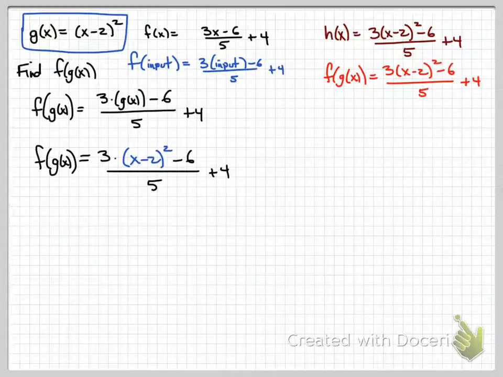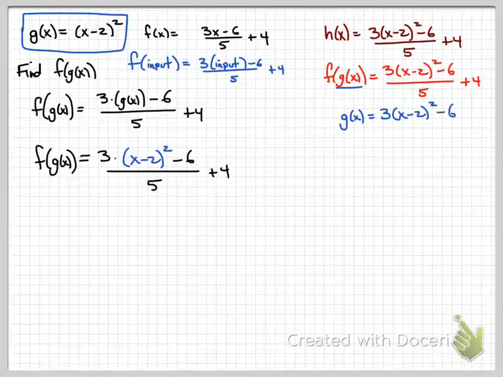For instance, here's one suggestion that I have. If we let this first function g, this is what's going to act on our input x first. Let's let g be almost the same thing as all of this, except we're not going to include this plus 4. So if we let g of x be the function 3 times x minus 2 quantity squared minus 6 all over 5,